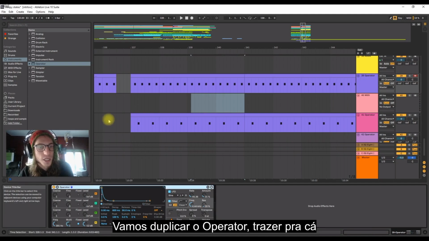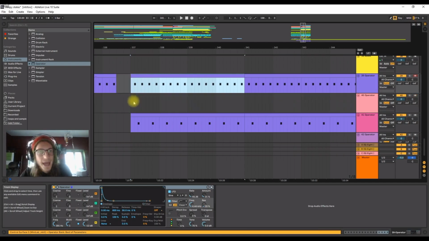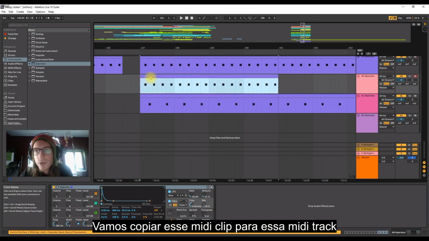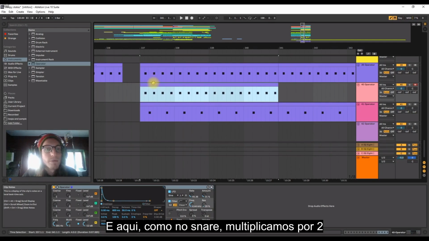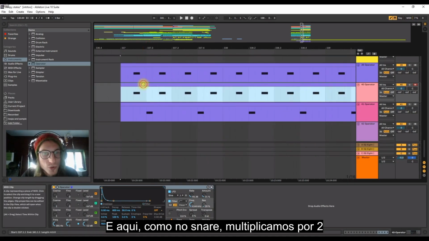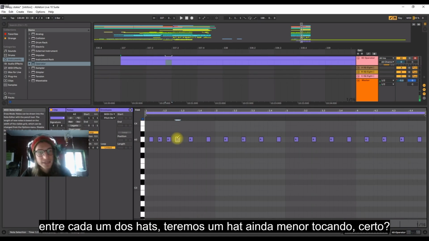hi-hats. Let's actually duplicate this operator, bring it down here. Let's go ahead and copy this MIDI clip over to this new MIDI track. And here, just like with the snare, we multiply it by 2. Have it twice as frequently. So between each of the hats, we'll have a smaller hat playing, right? So let's